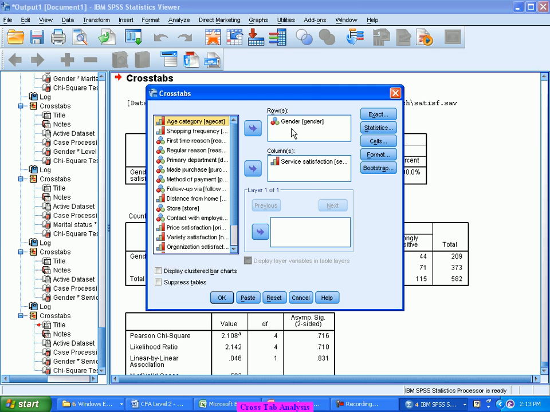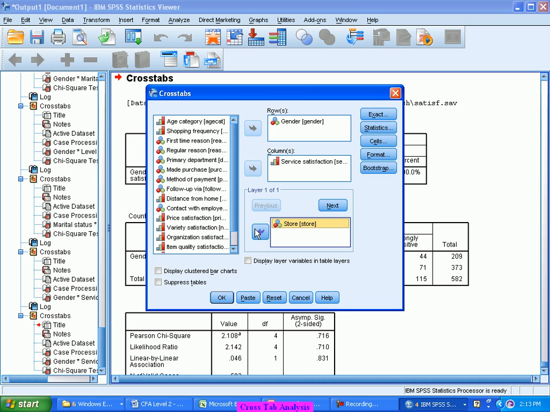So okay, now there are two variables. Now what I am thinking to add is another layer. Store wise, look at it. Overall I am seeing the gender wise service satisfaction. Now I want to see store wise service satisfaction across the genders. Third dimension I am bringing in. When I am bringing in the third dimension, I can add that third dimension into a layer here. So I am looking at store wise service satisfaction across the gender.